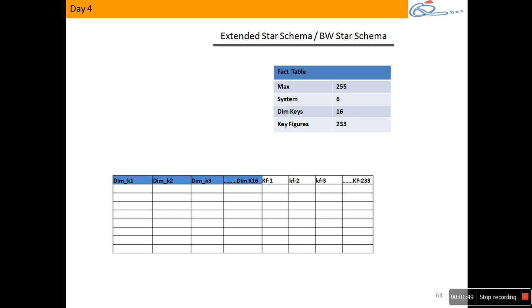Now, any table inside a cube, whether it is a fact table or a dimension table, can hold a maximum of 255 columns only. That is the limitation of the database. So it's fixed. Any table inside the cube can only have max 255, because when you try to join the dimension tables and the fact table, the number of columns will go beyond and the join fails if you have more than these columns.